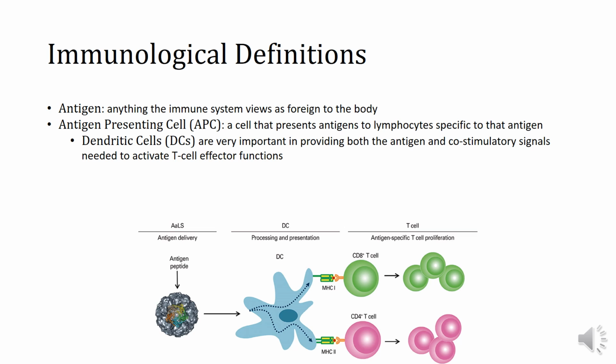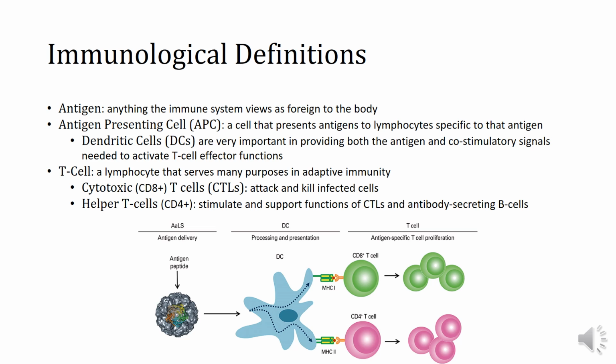And of the antigen-presenting cells, dendritic cells are the most efficient, and they are very important in providing both antigen and co-stimulatory signals needed to activate T-cell effector functions. As a reminder, a T-cell is a lymphocyte that serves many purposes in adaptive immunity. You can have cytotoxic T-cells that attack and kill infected cells. You can have helper T-cells that stimulate and support function of the cytotoxic T-cells and also support functions of antibody-secreting